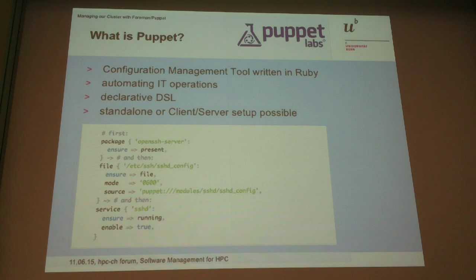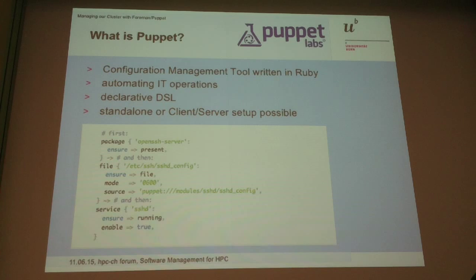How does Puppet DSL look like? At the bottom, you can see a simple example using 3 resources. You have a package resource that installs OpenSSH server. Actually, this works only on Debian, like Ubuntu, Linuxes or Ubuntu. Then you have a file resource, placing the daemon configuration file and setting some mode. And the last resource is the service resource that actually makes sure that the daemon is started at system boot